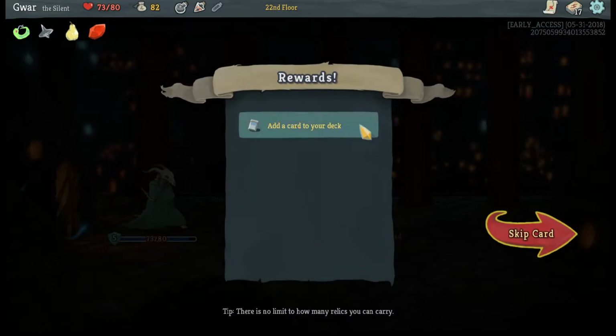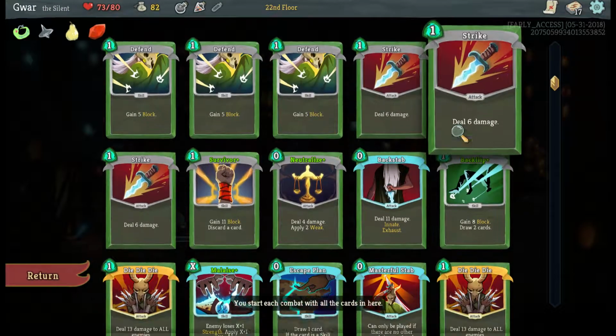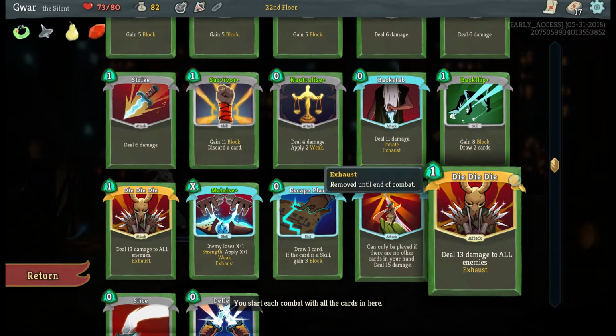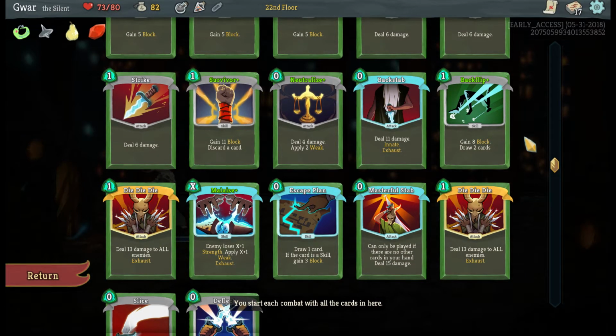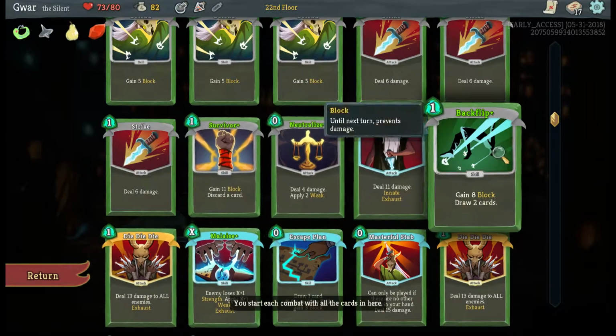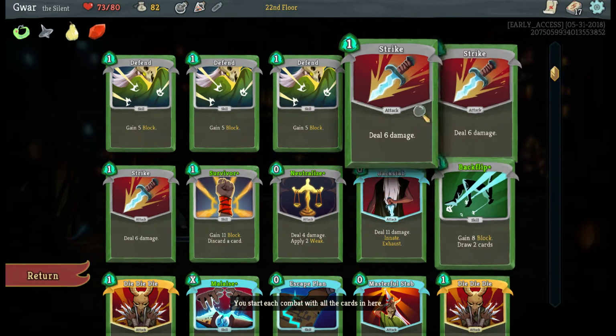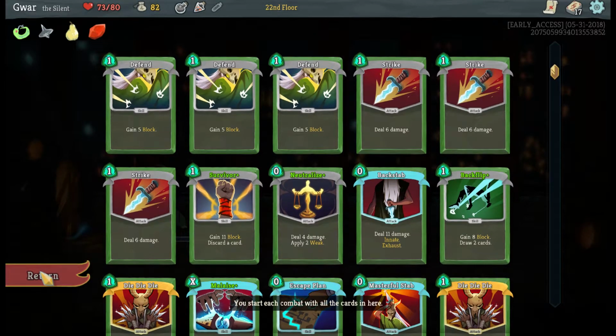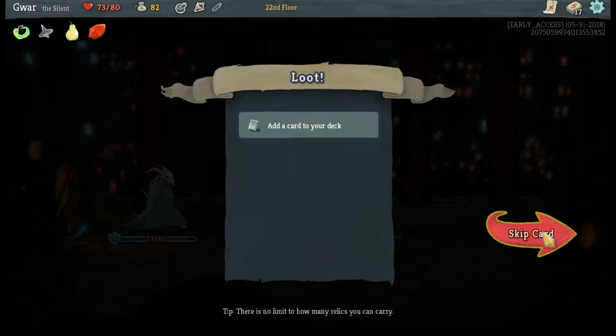Generally speaking, you go for Campfire in this situation, but what do I want to upgrade? I mean, I can upgrade anything, but I'm looking to remove cards from my deck more than I'm looking to upgrade them. Probably...